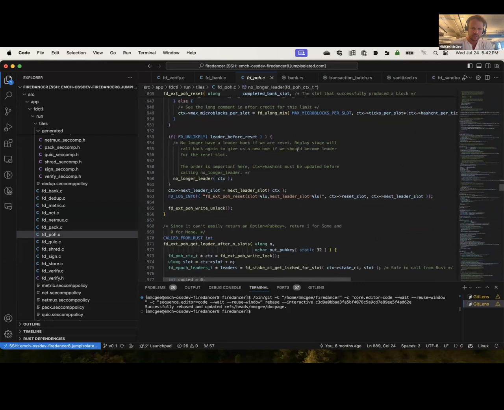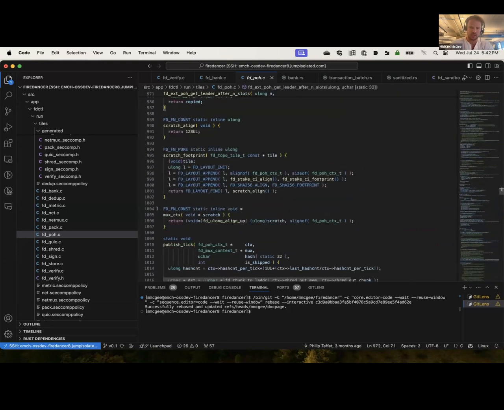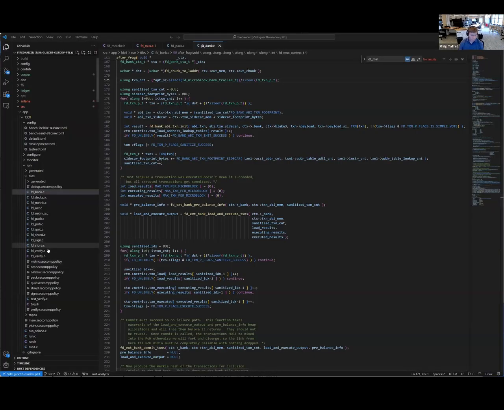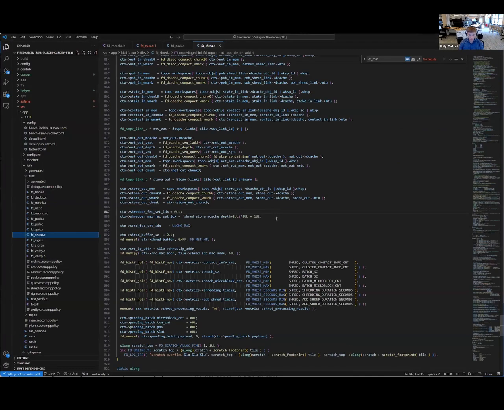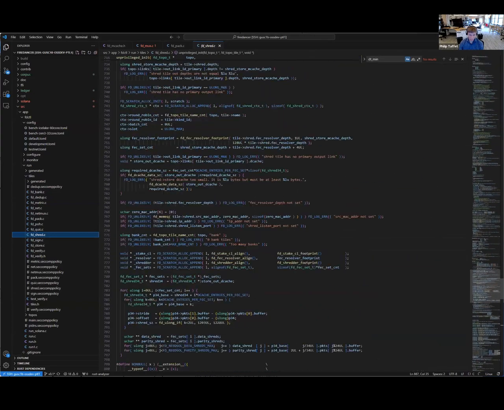So POH receives these microblocks from the bank. It also sends microblocks, just with the additional tagged information. Those microblocks are going to go out to the shred tile, which Philip, again, can talk about a bit more. Sure. Let me share again. So as Michael was saying, the shred tile gets a bunch of microblocks,